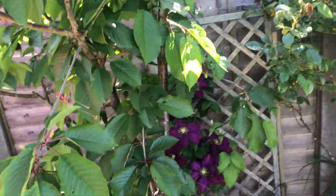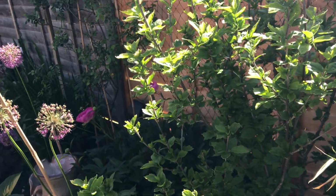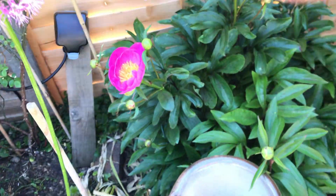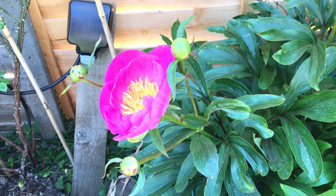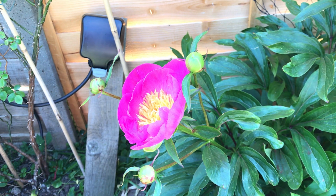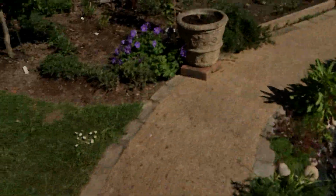Now, although we have got the other cherry, which produced some flowers, there weren't many, so there wasn't a lot of cross-pollination going on, and also it requires lots of insects. I'm not sure how many insects there were at the time when they were needed. It was maybe a bit cold, but